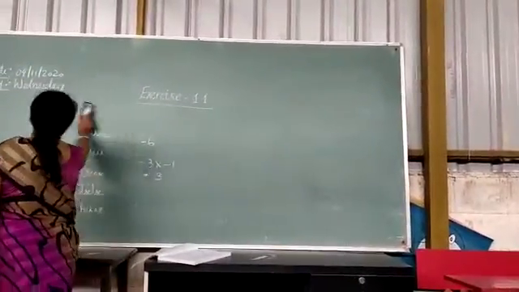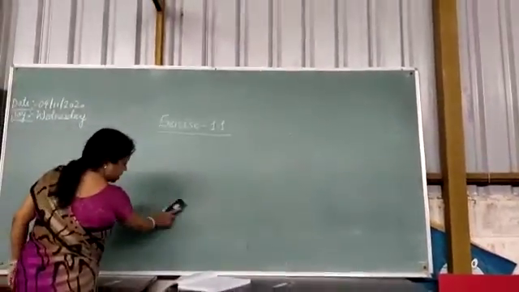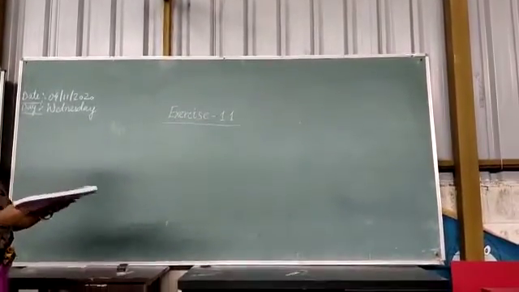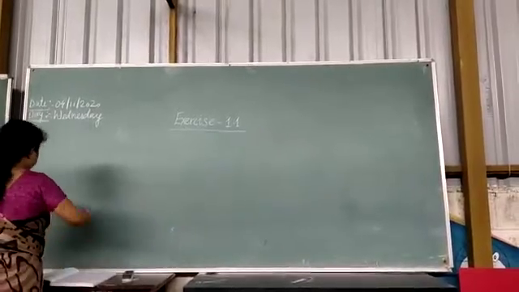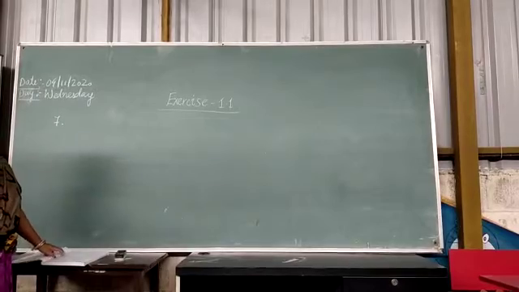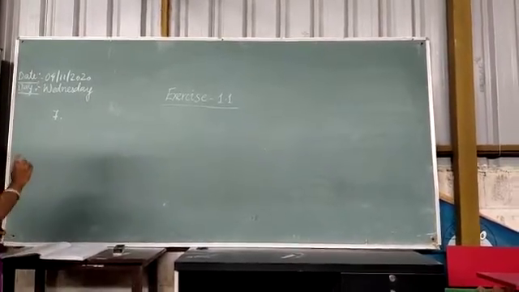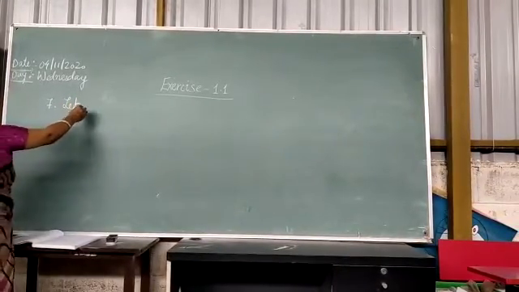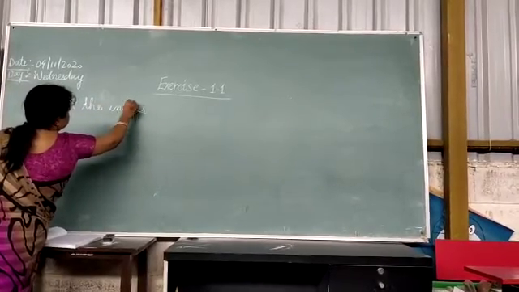Question number 7. So what is there in question number 7? It is given there. An integer when divided by minus 2 gives 42. Find the integer. Right? So now here, it is given there is an integer which when we divide with minus 2, the answer is 42. But the integer is not given to us. We have to find out the integer. So let us take the integer to be x. Let the integer be x.